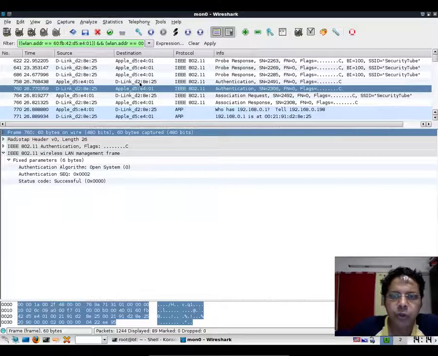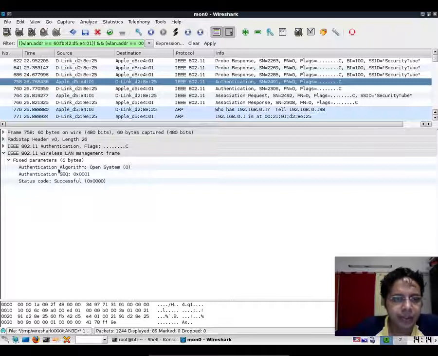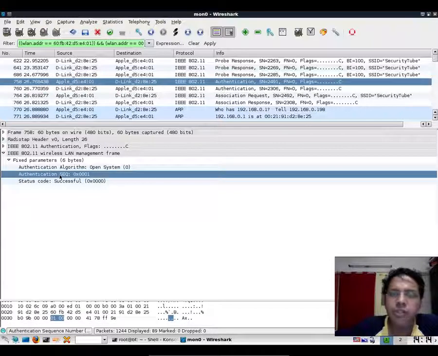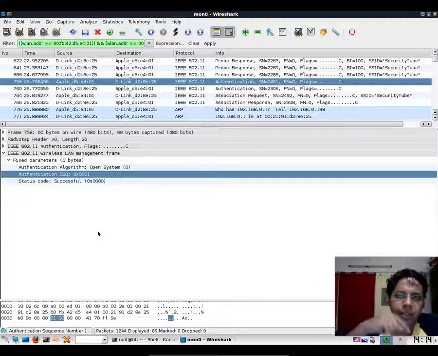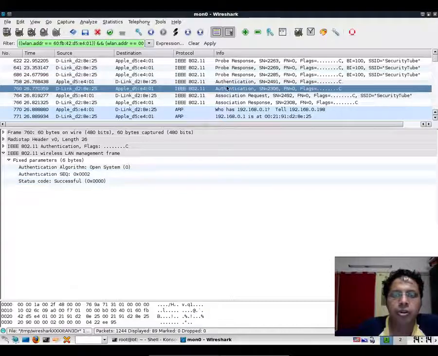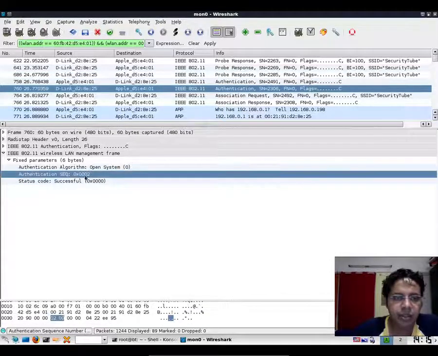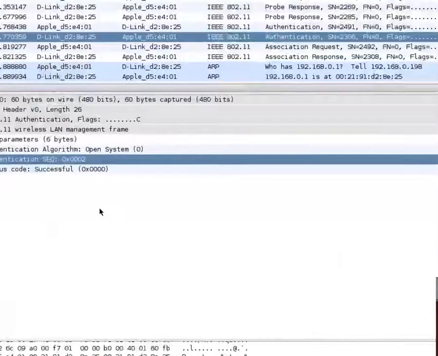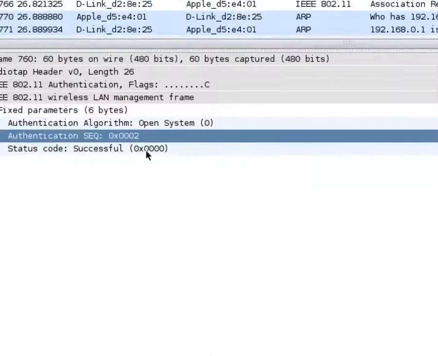So if you quickly look at both these packets, the authentication sequence number of the first packet sent by the client to the access point is sequence number 1, and the response from the access point to the client contains sequence number 2. Just zoom in here. If you notice, this is sequence number 2.